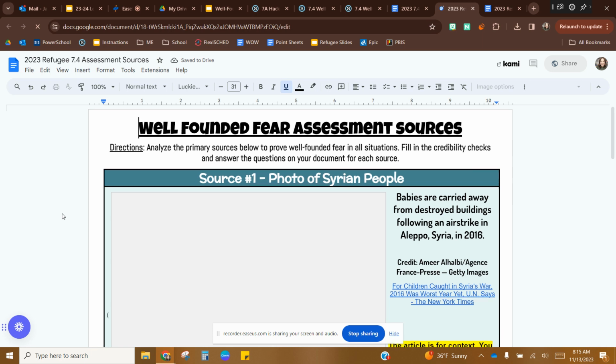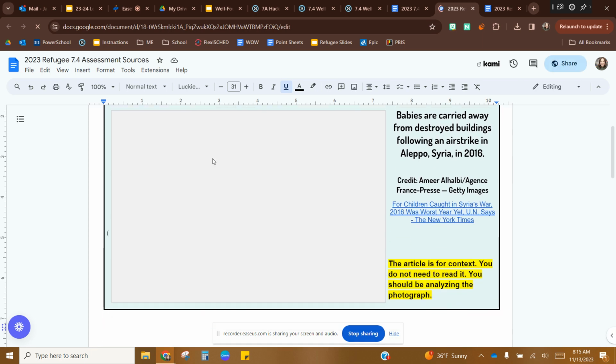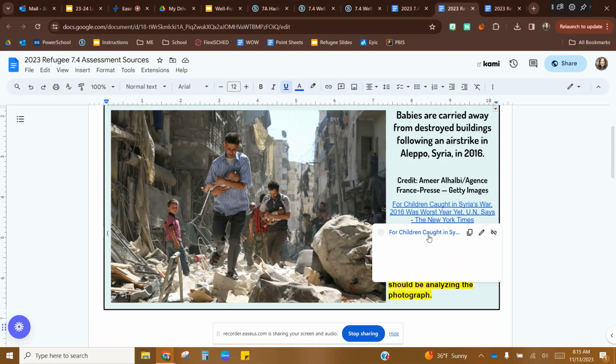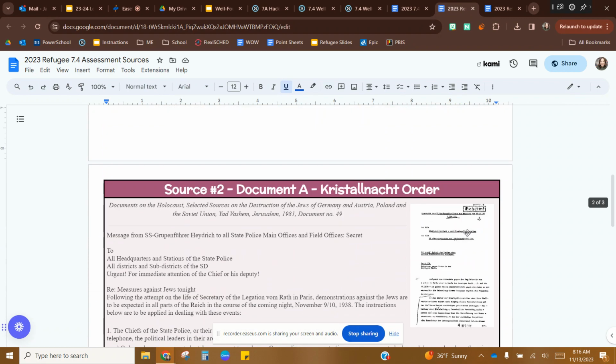The first one is a photo of people in Syria. It has a caption on the right side and kind of tells you where the information is from. The link for the article that the picture is from is also in here, but you do not have to read it. In fact, I don't really want you to read it. I just want you to focus on the photograph itself. Okay, so you're using the photograph.